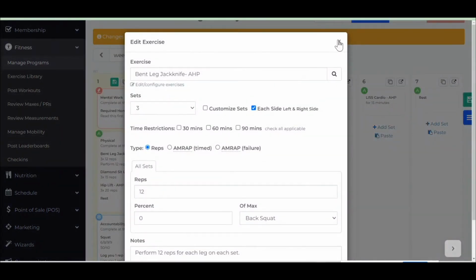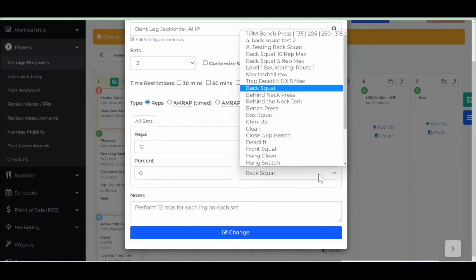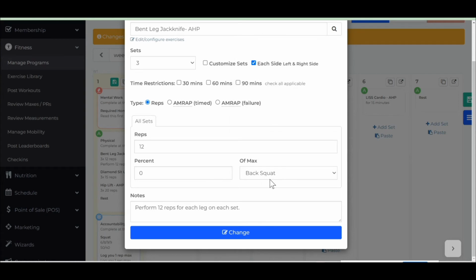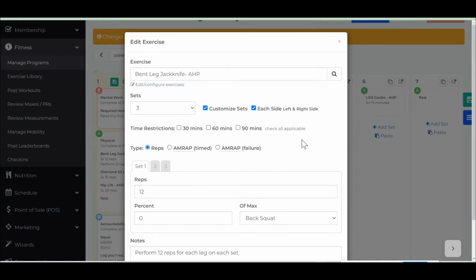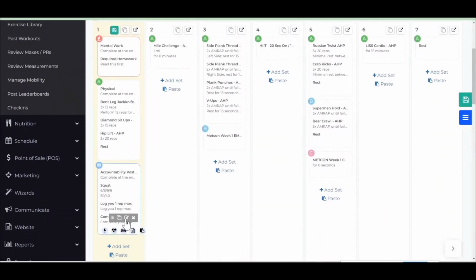You can create several different things here. This is just based upon programming. If you're using 1-rep maxes, you can set them up here in terms of percentages. I would play around with this in terms of building the program out, depending on how you want to set these up. Then down here,